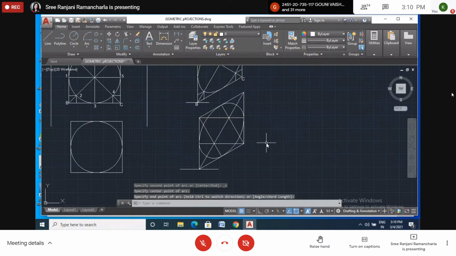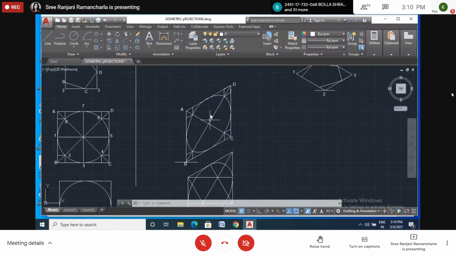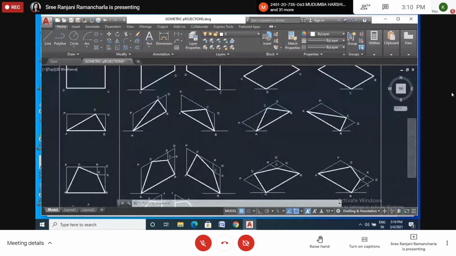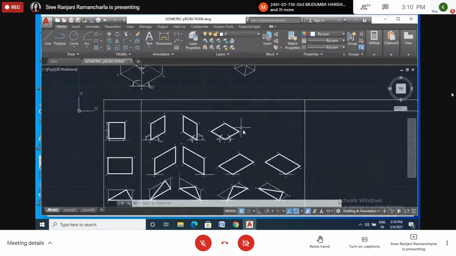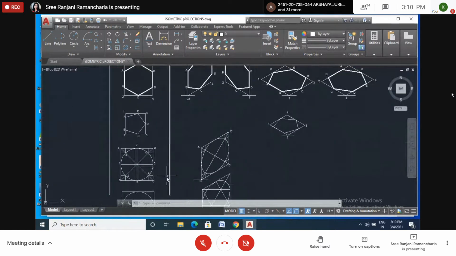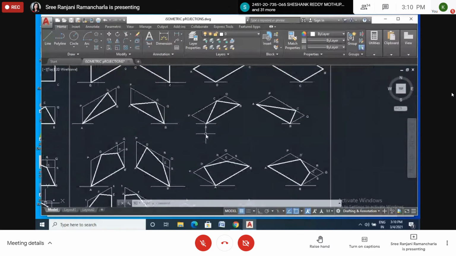So this is the four center method, four centers. This one is a center, this one is a center, this one is a center, and this one is a center. This is the four centered method. Okay. So this one is the offset method. Like this, you can draw in three more directions, like how we drew the squares. This is a square, this is also a square, this one is a square, this one is a square. So please complete the remaining.